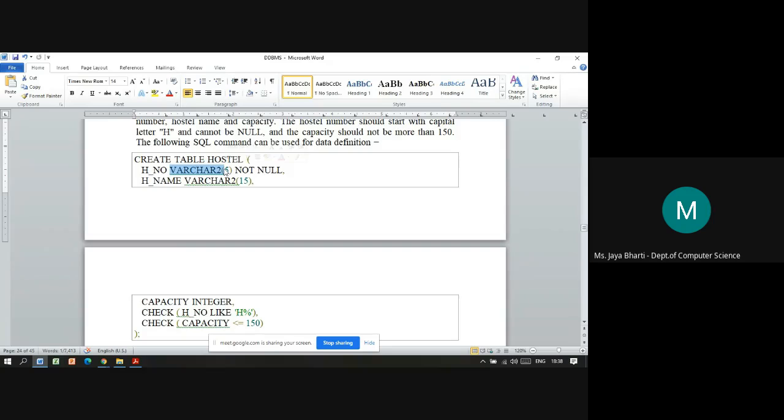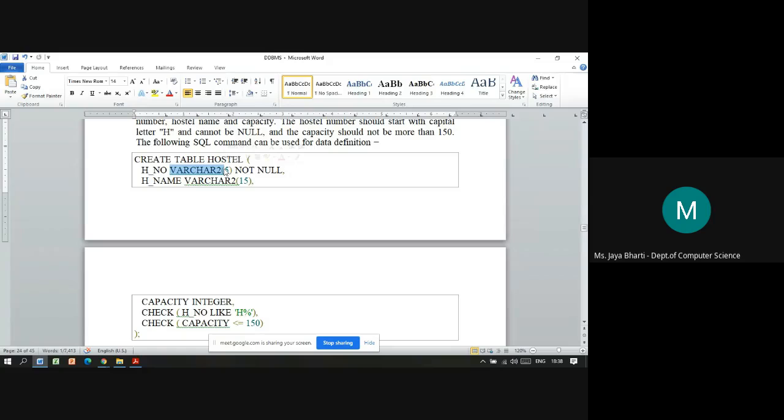So what is basically the data type? In SQL, we have the numeric data type, then the character data type. In general, for variable length characters we use varchar. For only characters, we have char. For numeric, we have integer. These are the data types we generally use.